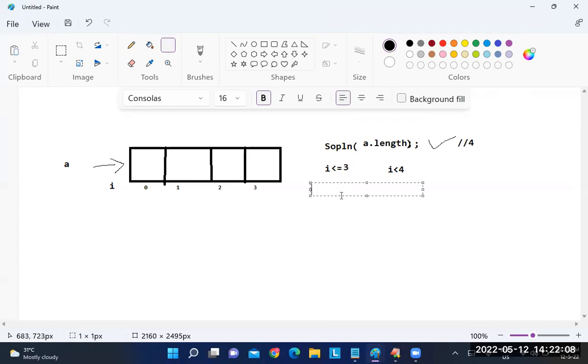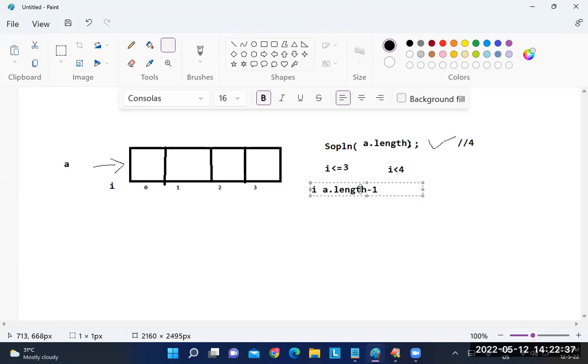Can I write a dot length? If I write a dot length, what is the output I get? 4. But for this condition, I cannot just write a dot length. Rather, I have to put minus 1, because